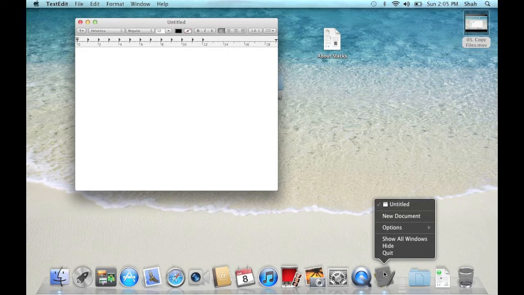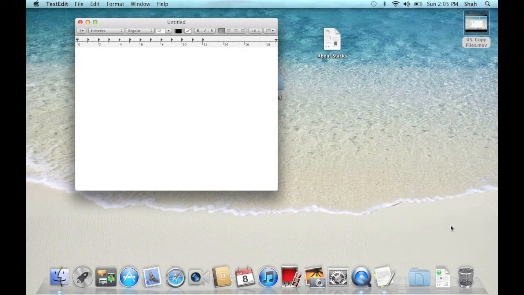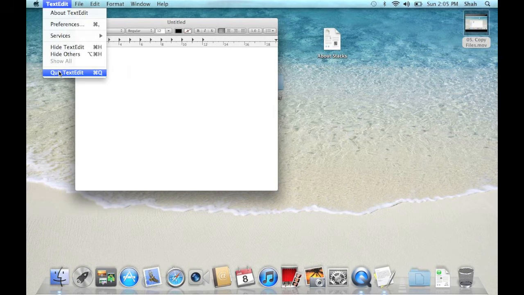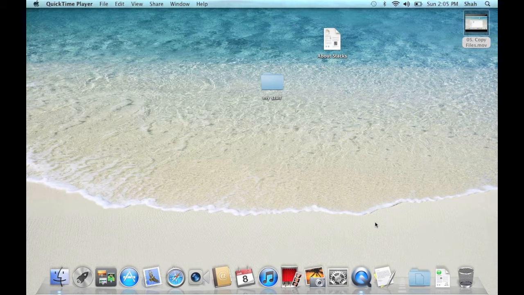Choose Keep in Dock so that the Text Edit icon is always in the dock. Now when I quit Text Edit, the Text Edit icon remains in the dock and I can launch Text Edit with a simple click.